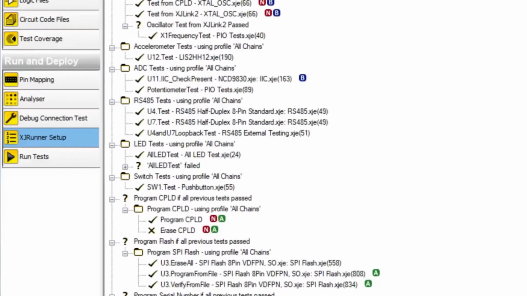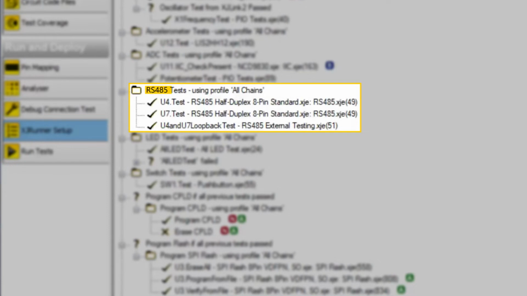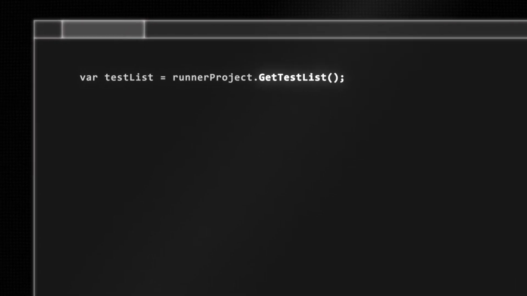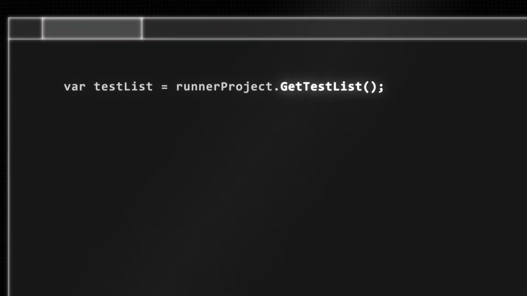What you can see in this example are 3 tests in the group called RS485 tests. And let's say we just want to run the first one. You still have to start by getting the full list using the getTestList method as before to know what tests are available.